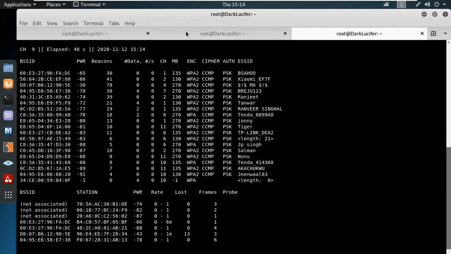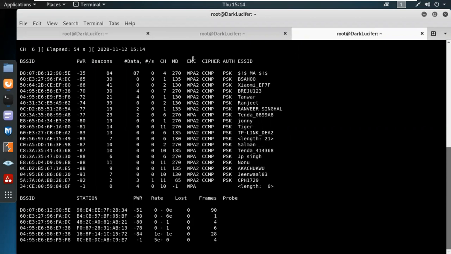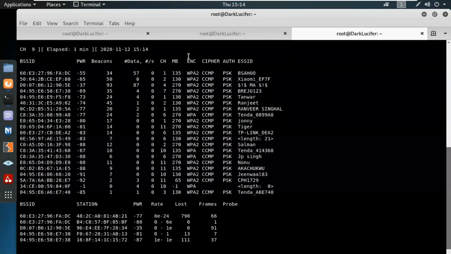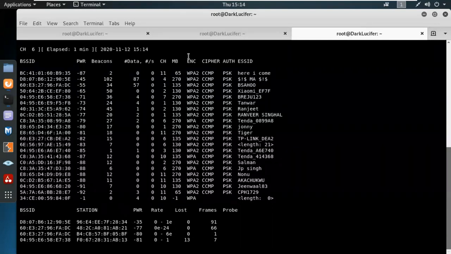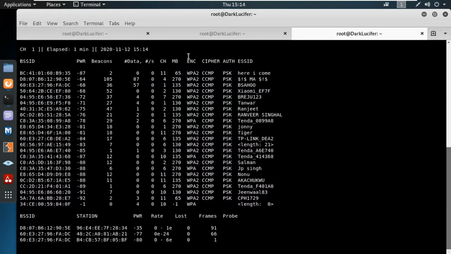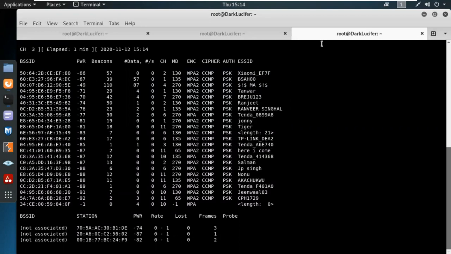You will see encryption standard. Encryption, which is given over here, is basically protecting your data, and they are basically WPA2, WPA, WEP. So what exactly are these encryption standards over here? WPA2, WPA,